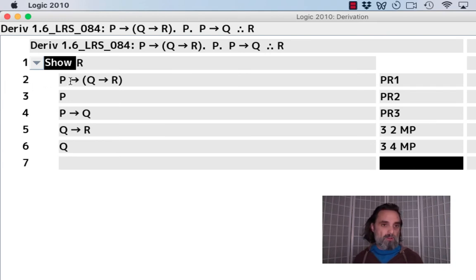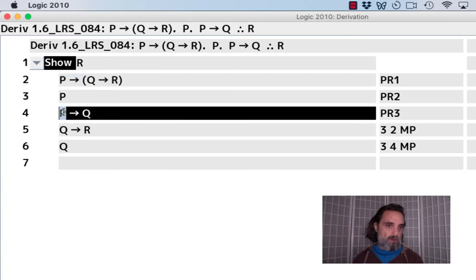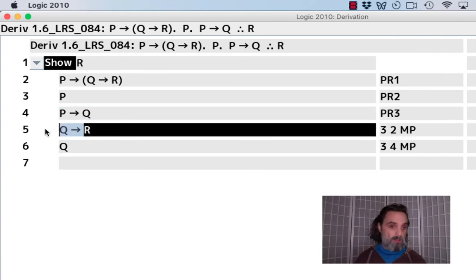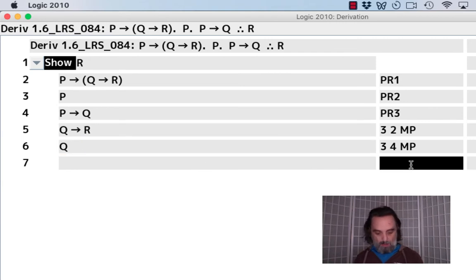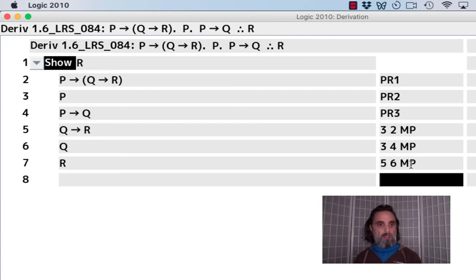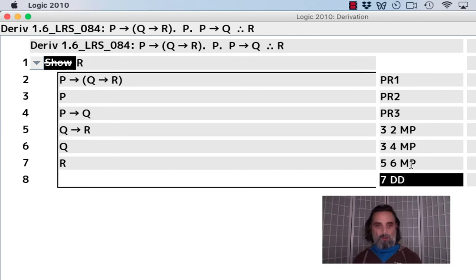And so we've used this one, and we've used that one, and we're probably done with those. Now we want to see, well, do we have any other conditionals? Yeah, we got this conditional from MP on line 2, so we want to see if we can use it. And can we use it? Indeed we can, because, oh, hey, look, there's its antecedent right there. So we'll go 5 6 MP, giving us R. R is our conclusion, and so we'll apply direct derivation to line 7, and that will box and cancel the